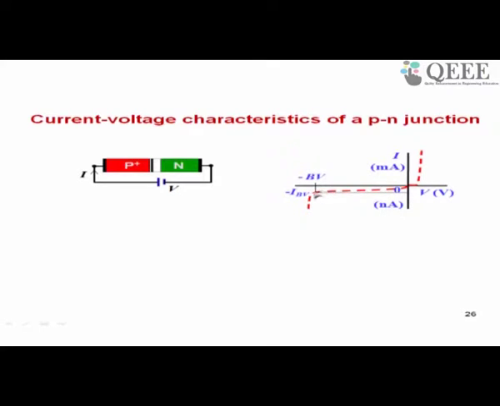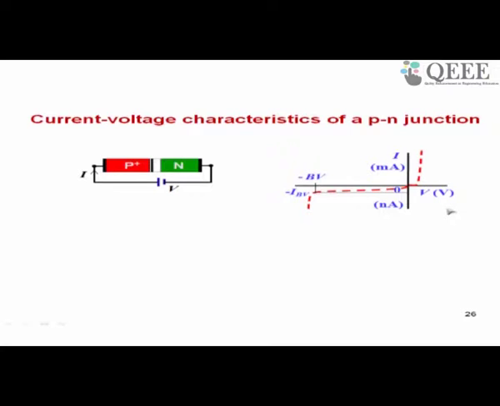Now before we come to that, let us see other features of this curve. Beyond some reverse voltage, you have breakdown in which the current increases rapidly, even if you increase the voltage by a small amount. In the forward direction, this voltage here, beyond which the current is rising, is called the cut-in voltage, and all of you know for silicon devices it is about 0.6 to 0.7 volts.